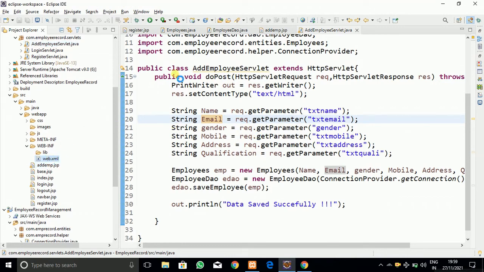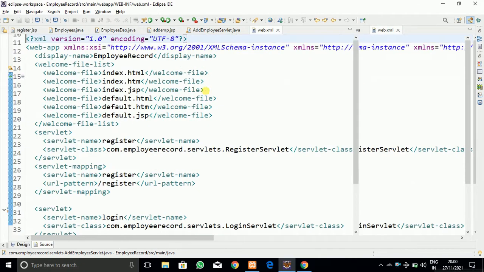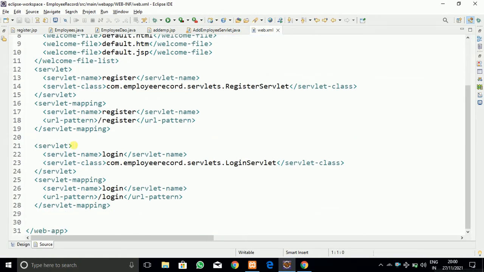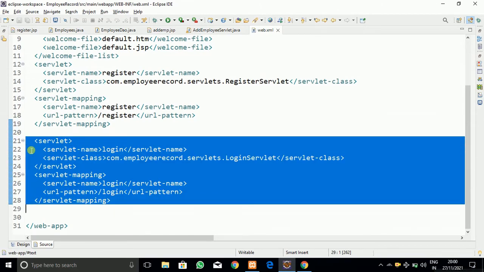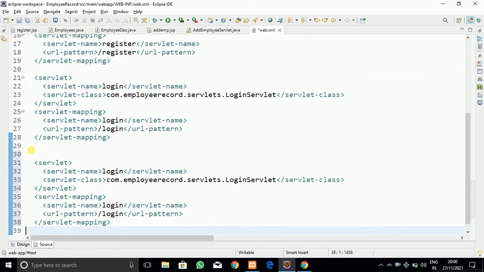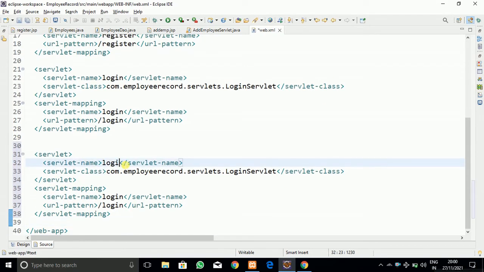Until and unless we register our servlet in the web.xml deployment descriptor, our servlet won't work, as you can see. So I am going to register it. Into the servlet and the servlet mapping tag, you have to register our servlet.